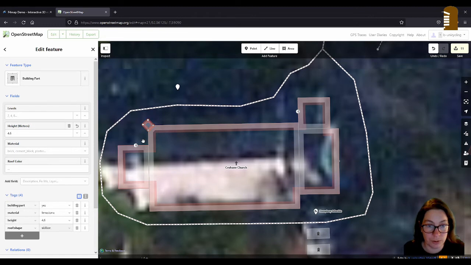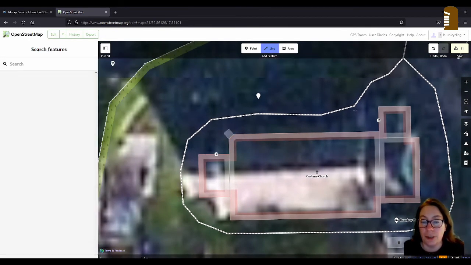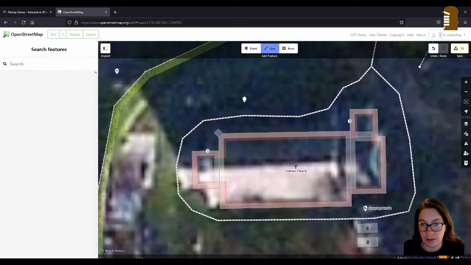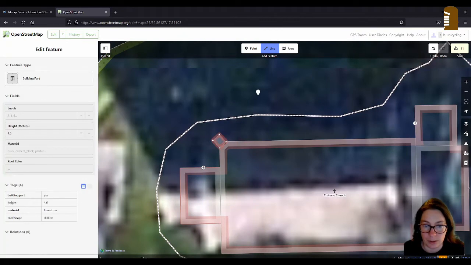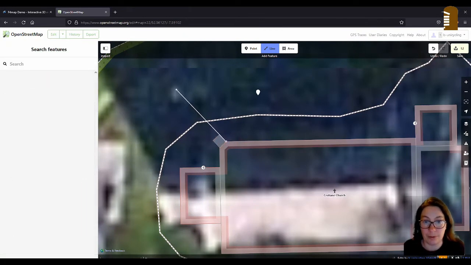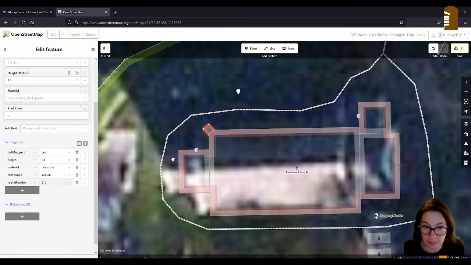Of course, we have to define the direction again, presuming that it is completely east-west, which it isn't. So this direction here would be between 270 and 360, which is 315. So the roof direction is 315. Of course, we cannot copy that to all the other corners because the direction will be different.